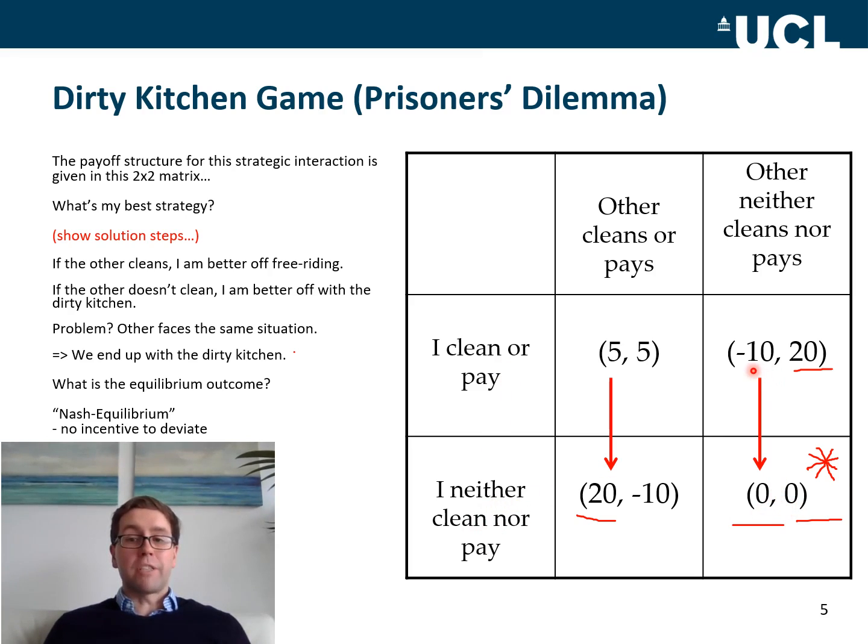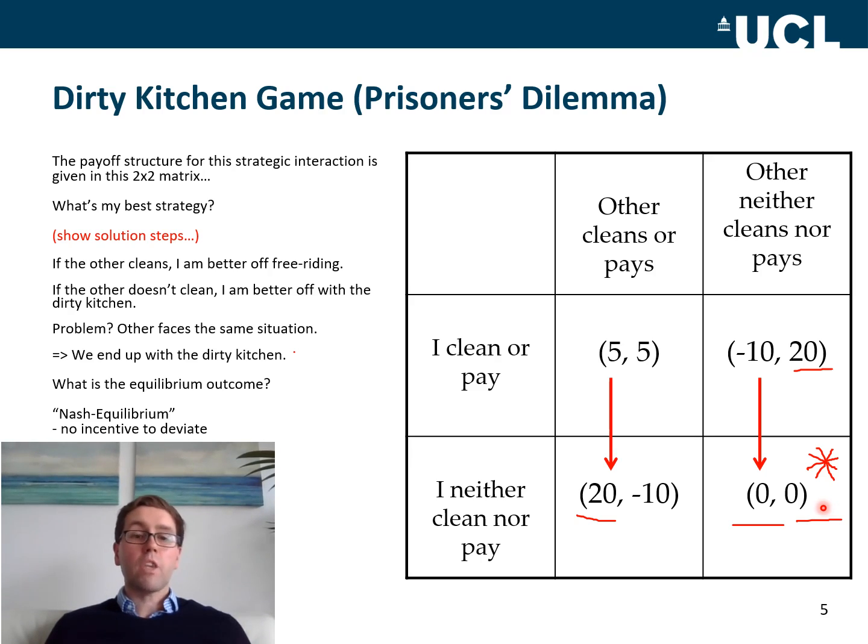But that means that I make myself worse off. I get -10, right? And the same is true for you. So you also think that if you start cleaning yourself, I can just run away. So basically, you go from 0 to -10, and you're worse off. So no player has an incentive to unilaterally deviate from this situation,